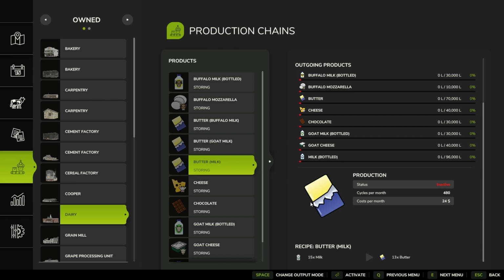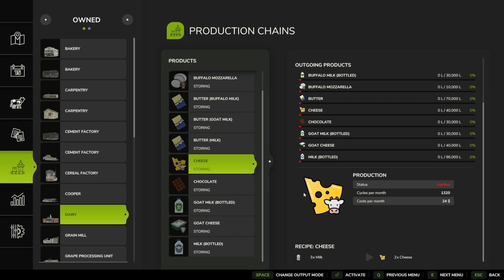Butter from milk. We need 7,200 litres of milk every month to make 6,240 litres, so slightly less from what you put in there. But the best price, $3,663 per 1,000 litres, you're looking at $22,710 every month. So moving on to cheese now, we've got 3 litres of milk to 2 litres of cheese,